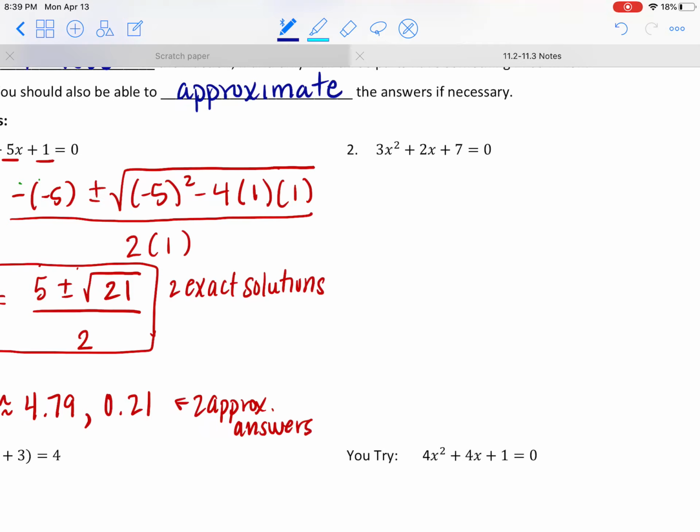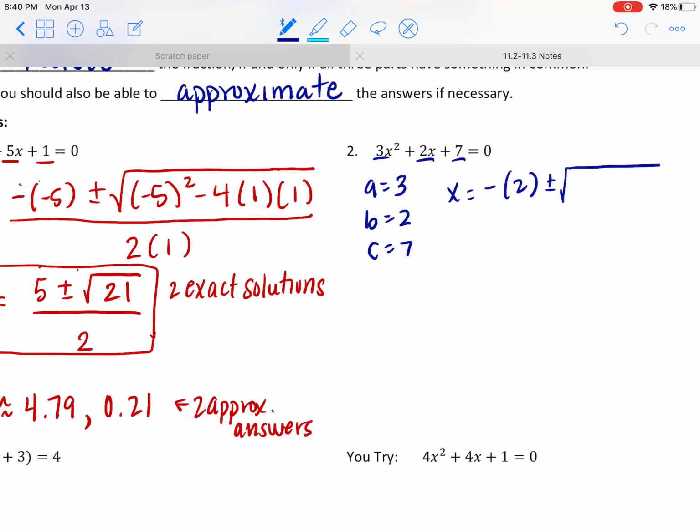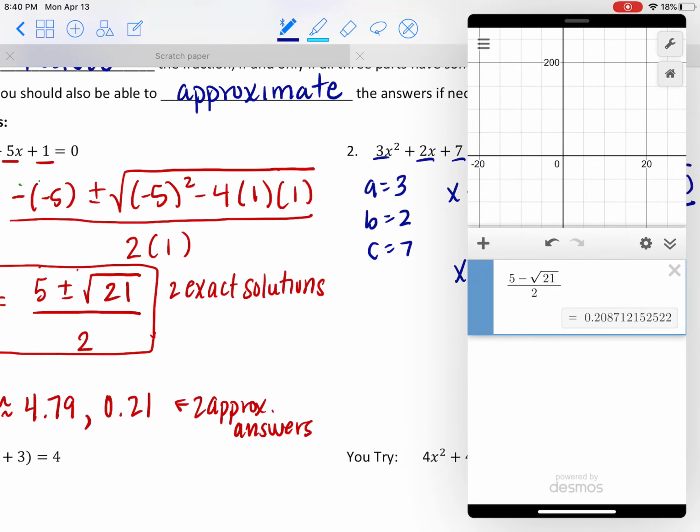Let's try this again. Again, this is the perfect candidate for this formula because you can't factor, you can't square root, and completing the square would create a mess. So here, a is 3, b is 2, and c is 7. So x is going to equal the negative of b, plus or minus the square root of b squared, so parentheses 2 squared, minus 4, and a and c. And that whole thing gets divided by 2 times a. So if we clean this up, negative times 2 is negative 2. Then we have a plus or minus square root of, underneath the radical there,